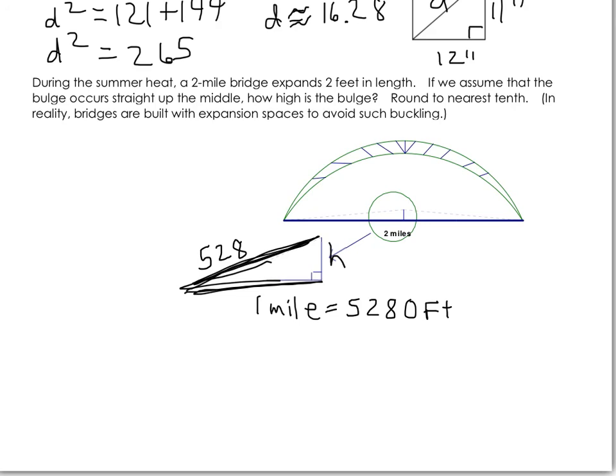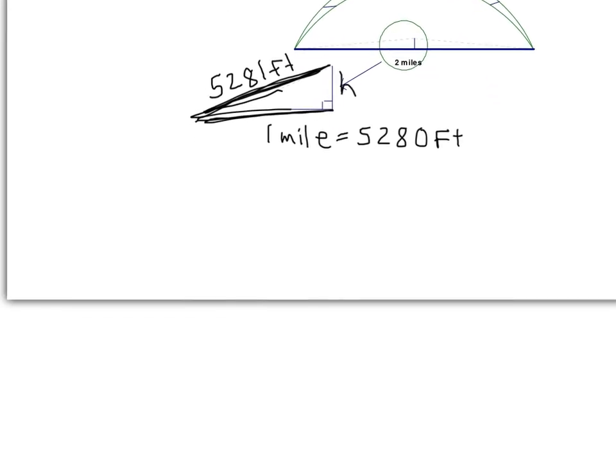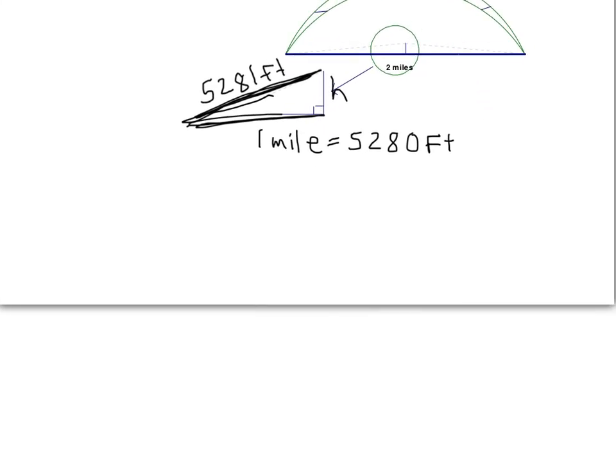The road on this side of the bridge will be 5,281 feet. So that's our right triangle. We need to solve for h. 5,281 feet is the hypotenuse. It's on one side by itself. That equals h squared plus